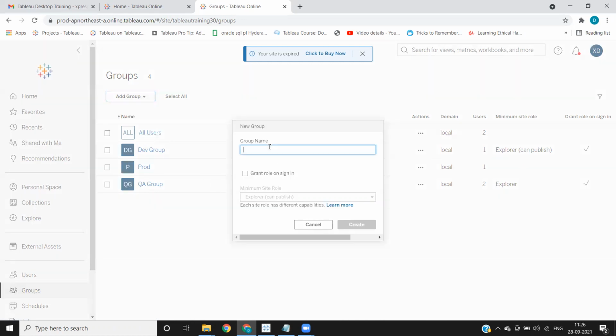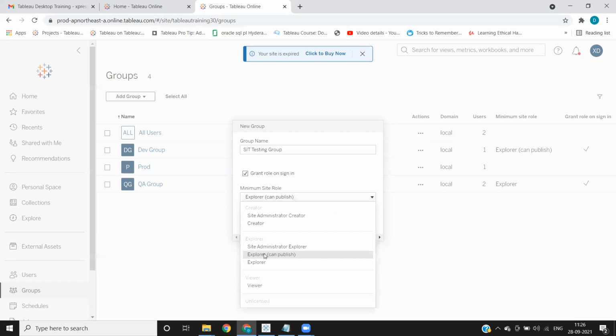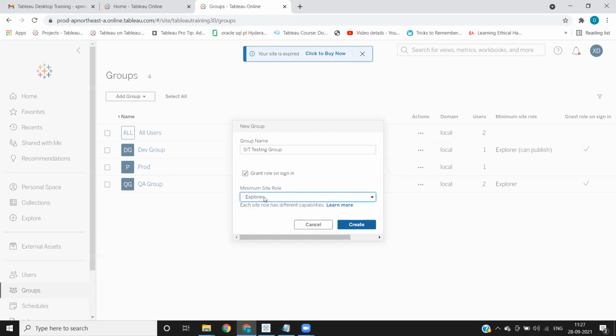Click on this and I'm naming it SIT testing. Suppose you want to give any default permission as and when he signs in, then you can click on this and decide the permission that you want to set. So now I want to give the users who are available here only Explorer option, and click on create.